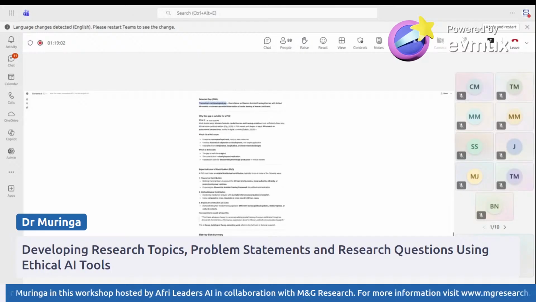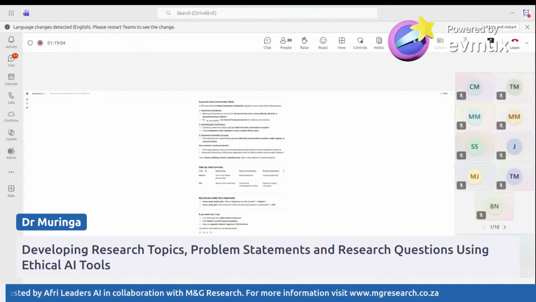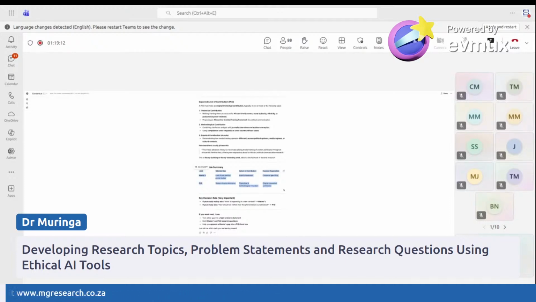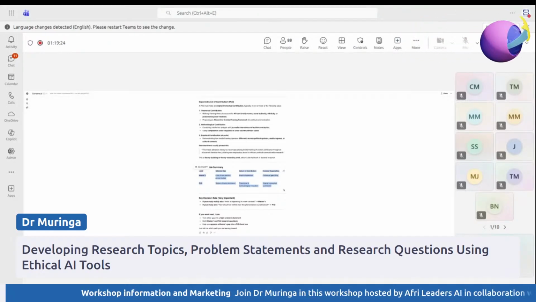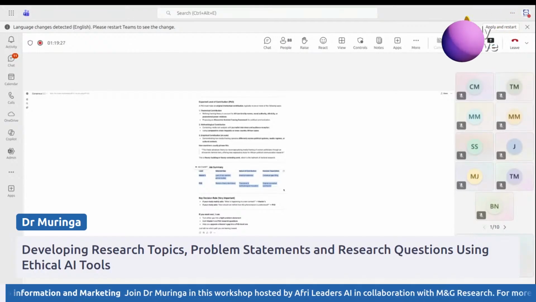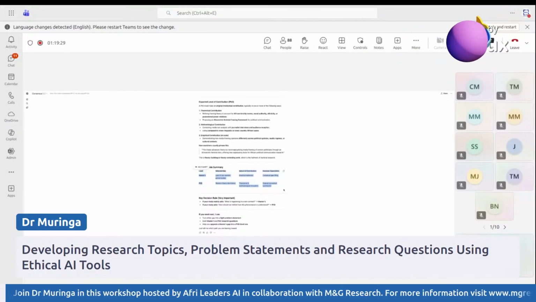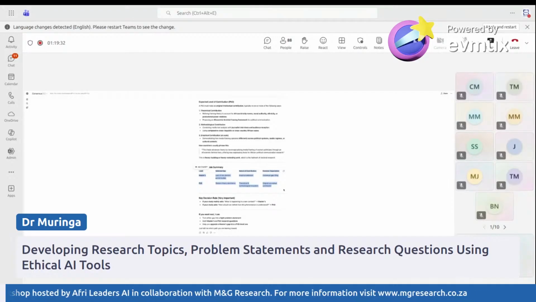So at master's level, in a nutshell, we're saying it is always good to go with an empirical extension, right? Look at an empirical gap that focuses on a specific context. At a PhD level, this is where you look at theoretical and methodological innovations, and this is the only way you can bring in an original conceptual contribution. And as we go to the last section of our presentation, before we get to your final output,